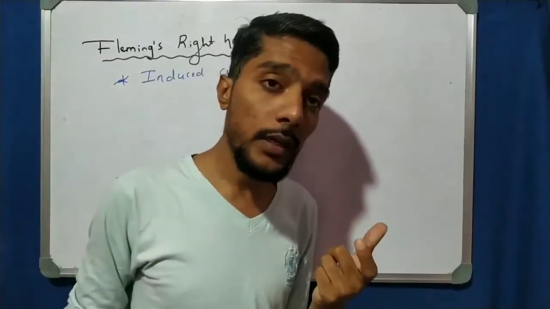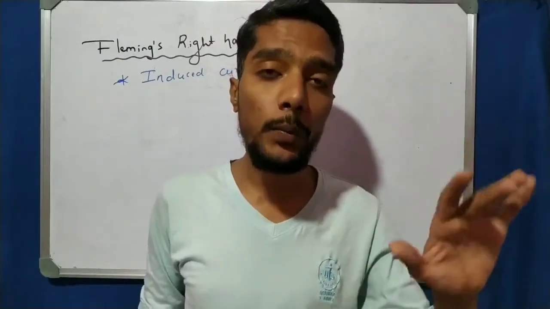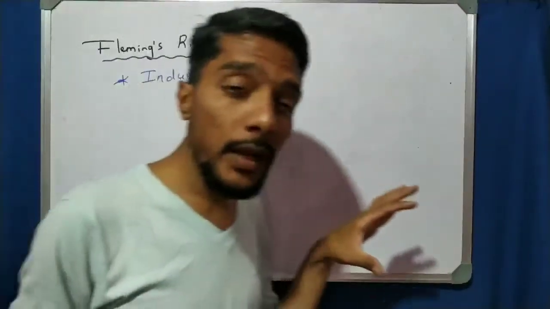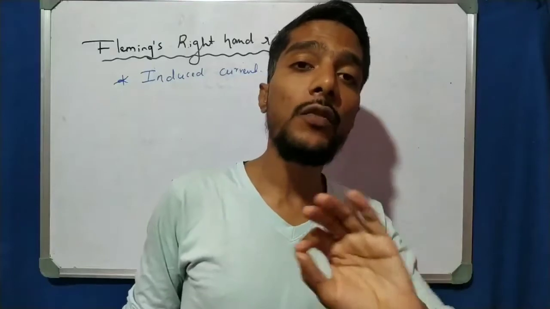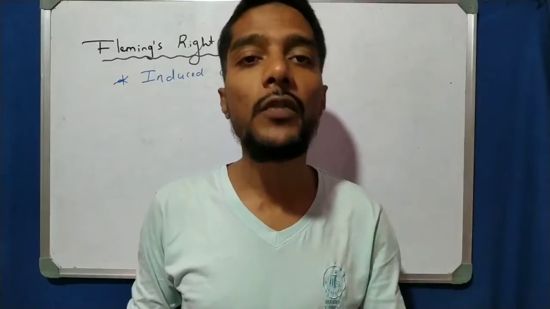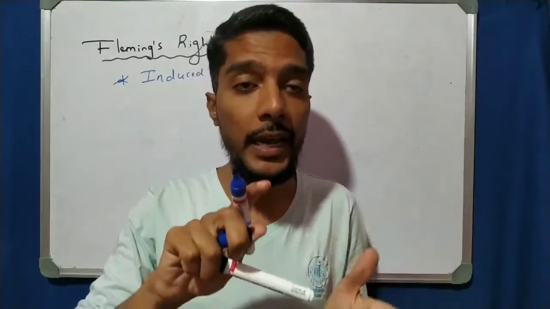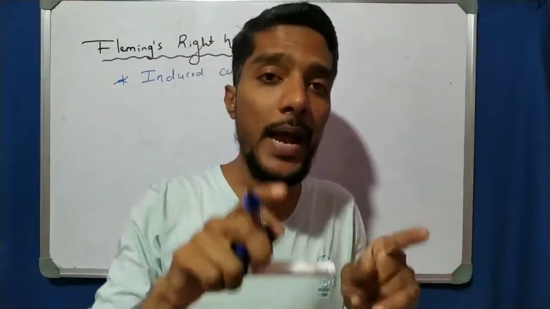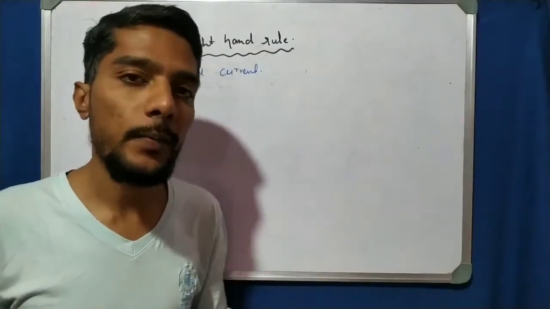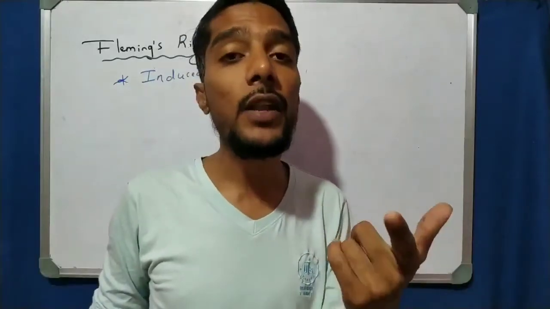Now we take a new, very simple law, that is Fleming's right hand rule. We use the Fleming right hand rule to find the direction of induced current. The left hand rule is used to find the direction of motion of a conductor. In the electric motor, AB moves downward and CD moves upward, which is decided by Fleming's left hand rule. We pass the current, the coil starts to rotate, and in which direction it rotates is defined by the Fleming left hand rule.